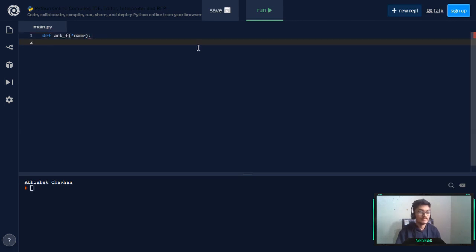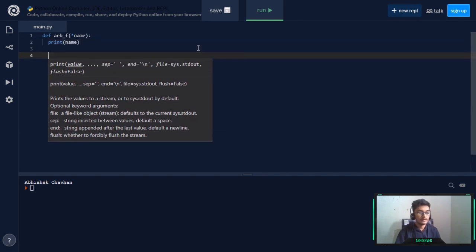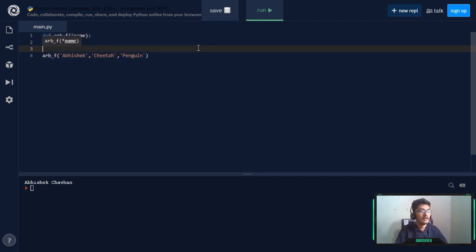Down here I print the name, and while calling the arbitrary function, I can provide as many arguments as I want. So here I write Abhishek, and similarly cheetah, and similarly penguin. I don't know why penguin, but okay.